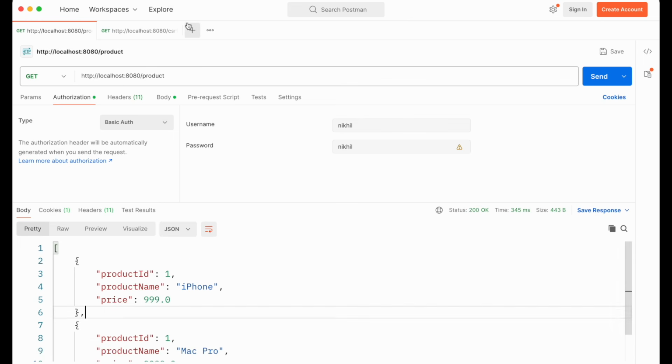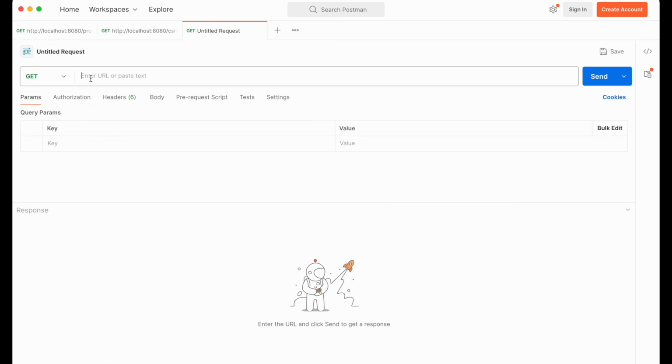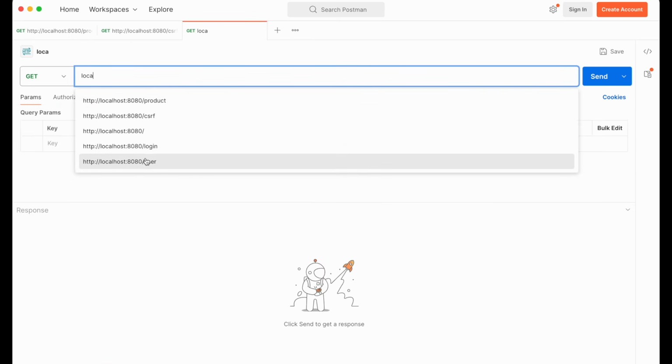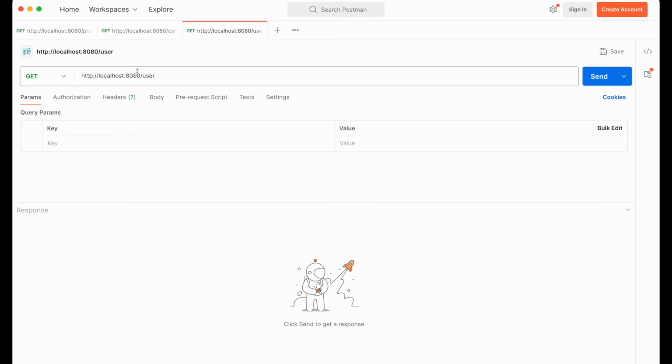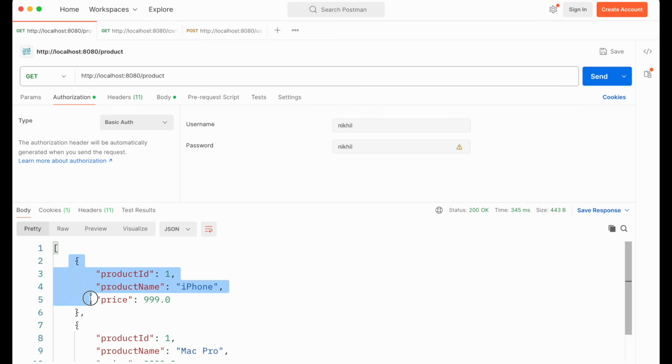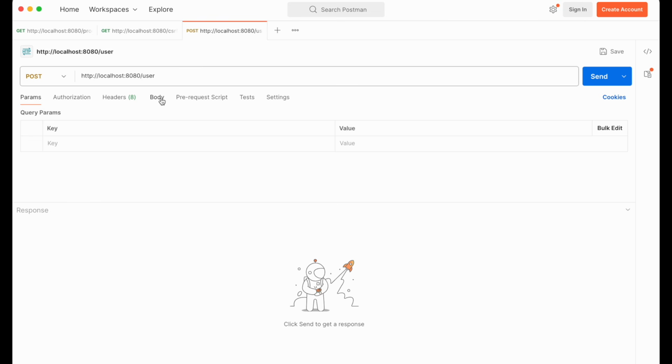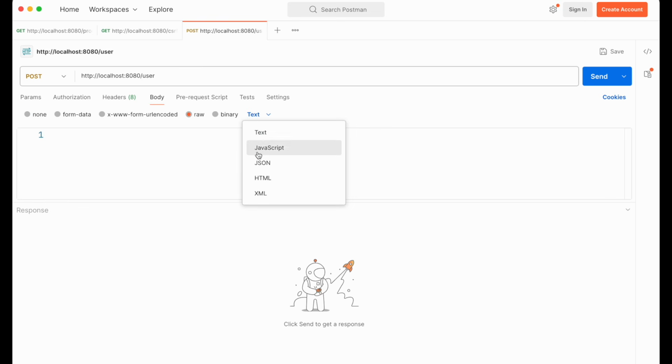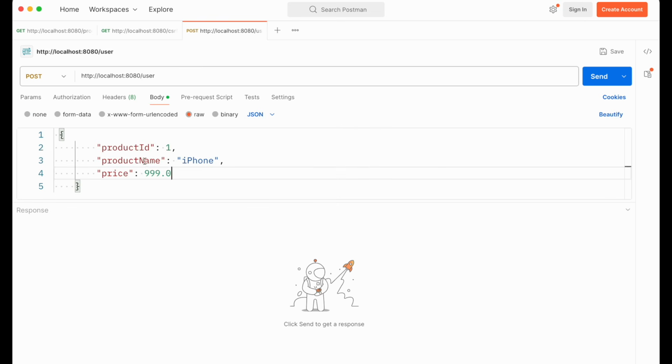So let me just create a new request here, and what I'll do, I will just do localhost:8080 as a port and /user, and this is going to be my post mapping. And let me just copy this, come to the body section, raw JSON, and this is going to be your